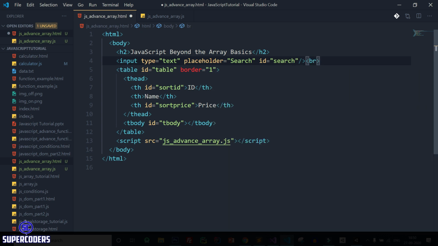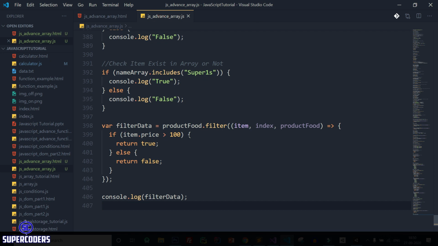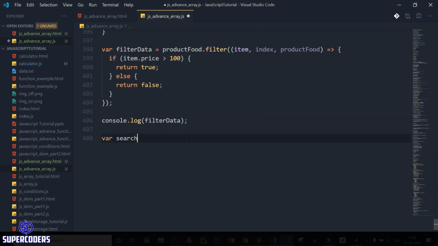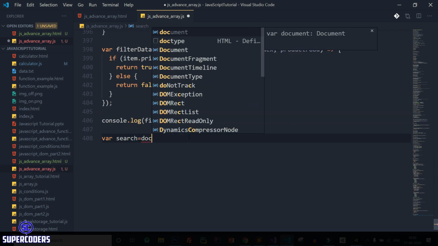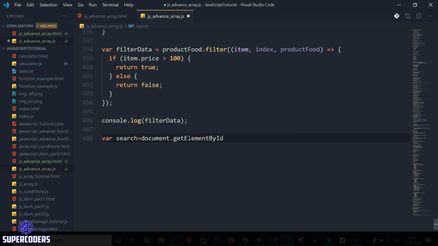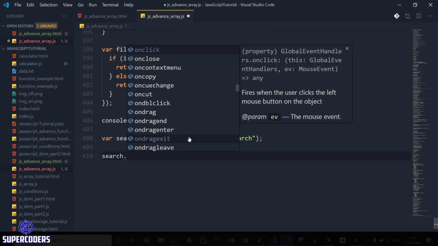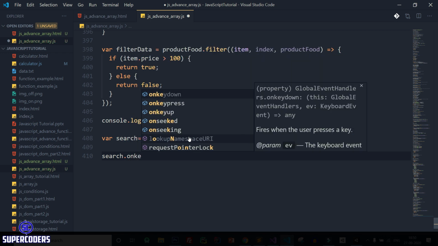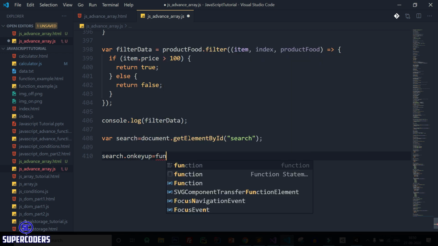Now let's access this input. So copy the id, also save this page, come to JS file where search equal to document dot getElementById search. After that search dot onkeyup equal to function.